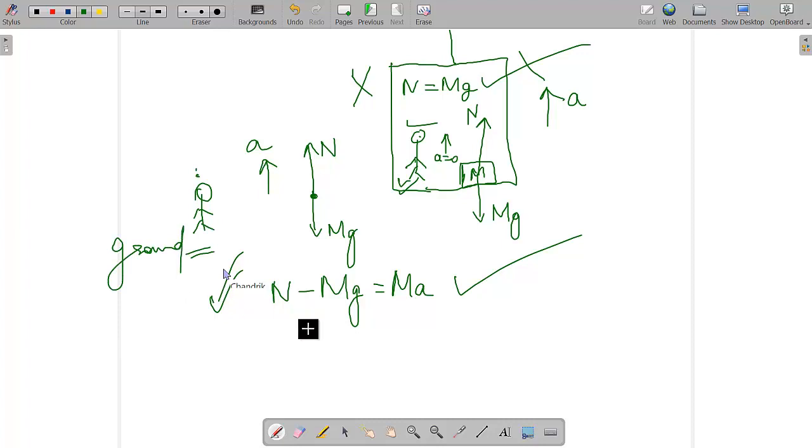Now, sometimes questions will require you to apply Newton's laws with respect to some non-inertial frame. Then what are you going to do? Here comes a way. This is actually a workaround. There is no such force called a pseudo force. This is just a workaround to match these two equations. Understood? This is just a workaround.